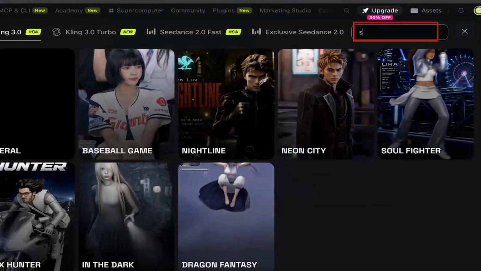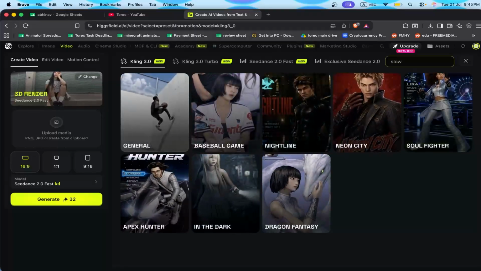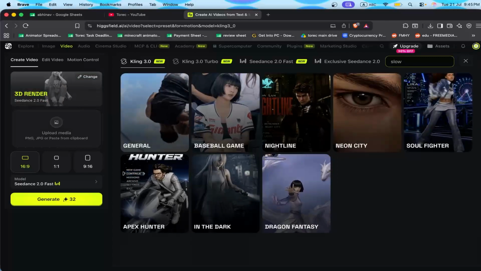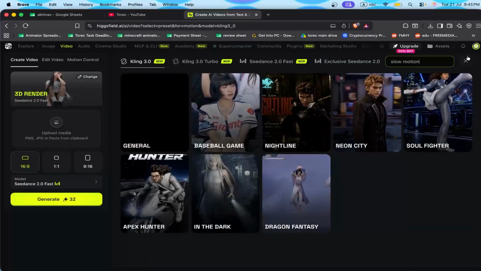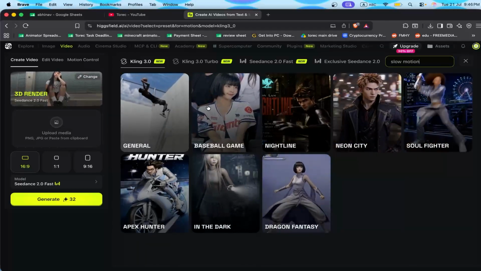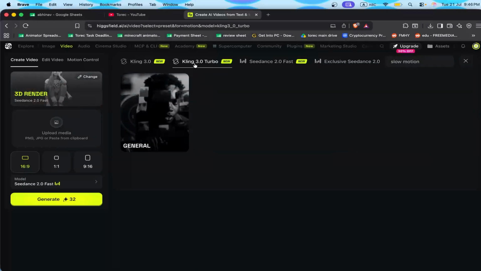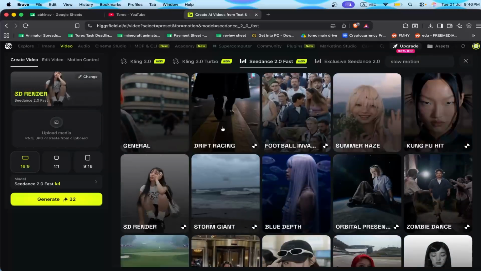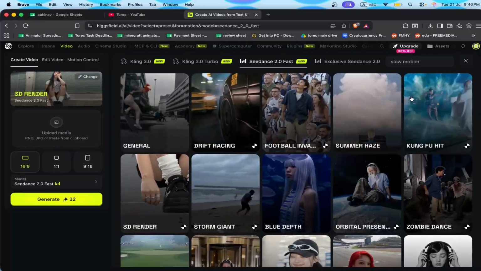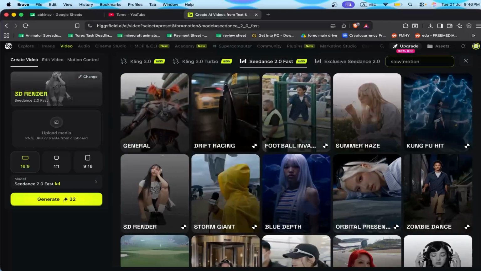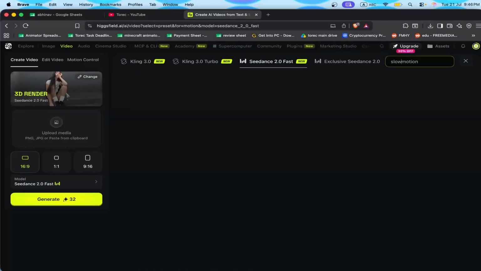Click on it and write slow. So any option that has slow motion in it will be shown. So write slow motion. Now once you write slow motion, you can choose whichever slow motion preset you want. You can go to different AI over here to see the different slow motion prompt. I'm just gonna remove the space and search for it again, and